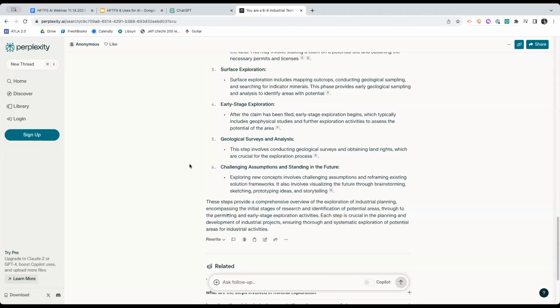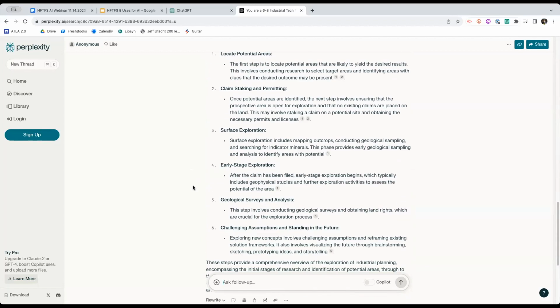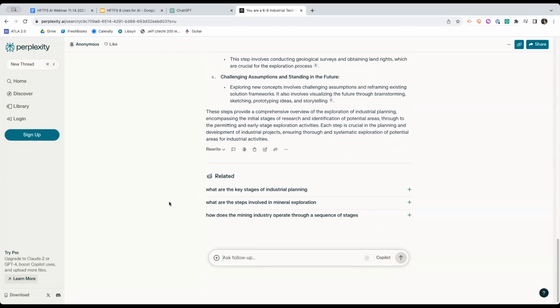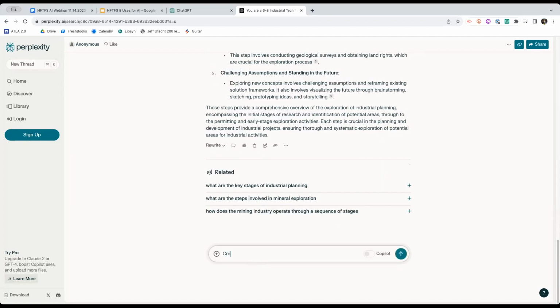Here's another thing I like about this. A lot of times in education, we like to use rubrics. It will actually create rubrics for me. And because I am having a conversation with it, that's what I want you to think about, right? It's a chatbot. It's made to chat with. And so because I'm having a conversation, I can even ask it, create a 4-point rubric to assess this lesson and put it in table